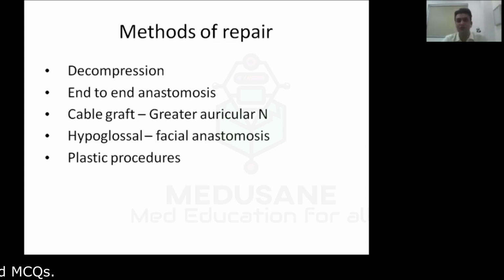Traumatic paralysis of the facial nerve develops when there is a fracture of the temporal bone. And in that, we have to see two things. If it is complete and immediate, we may have to repair it surgically. Otherwise, it recovers on its own. And if